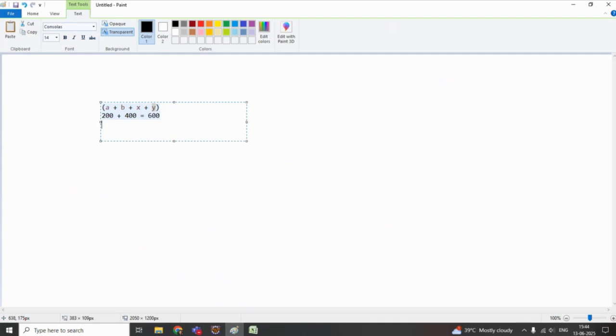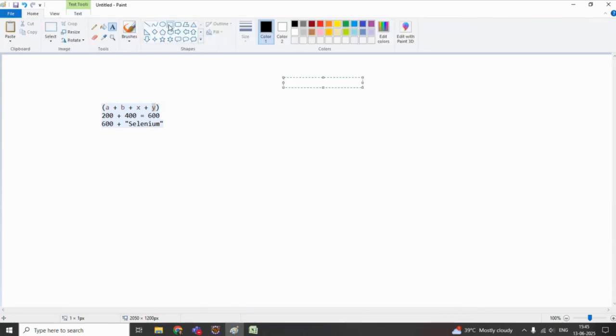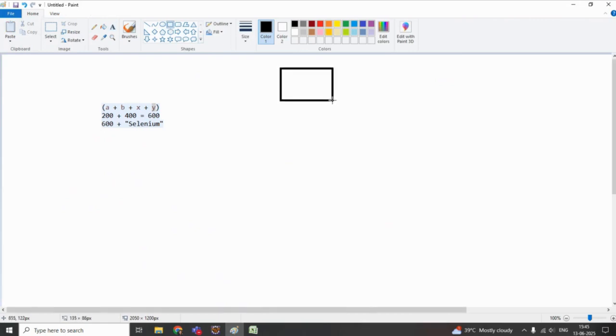Now we have the result of 600 from A plus B. Now 600 wants to add with X. X is what? Selenium. Selenium is in double quotes, so it's a string. Integer and string. Now, whenever an integer wants to add with a string,